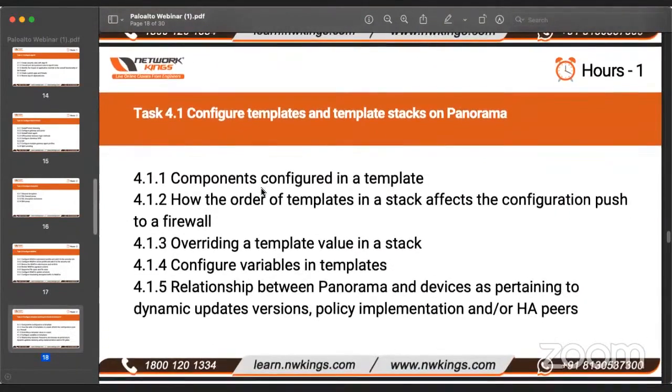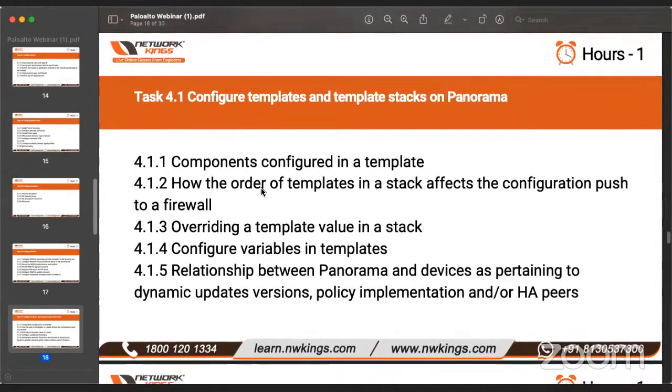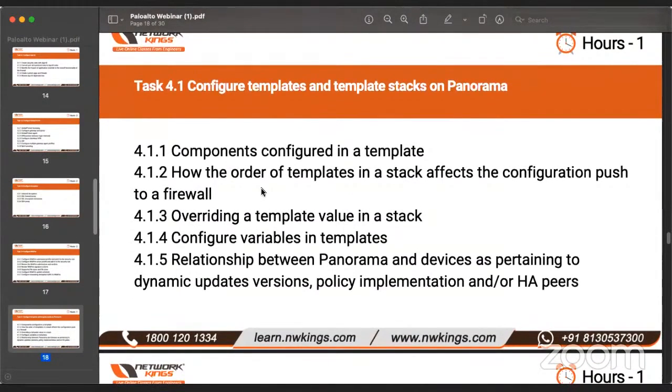Then we have to move to Panorama, right? So the other component of Palo Alto is Panorama, which is nothing but a separate device, right? Which comes in physical or VM form factor. The Panorama is basically used to manage the firewall, right? And receive logs from the firewall, right? And there are some additional functionalities as well. So we'll be going into Panorama, seeing how